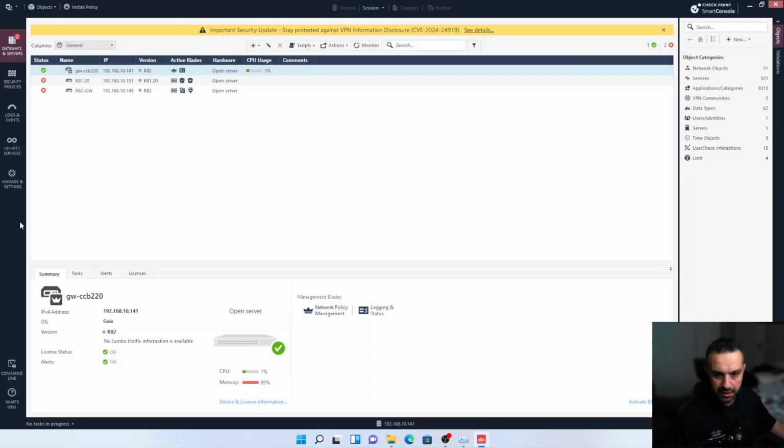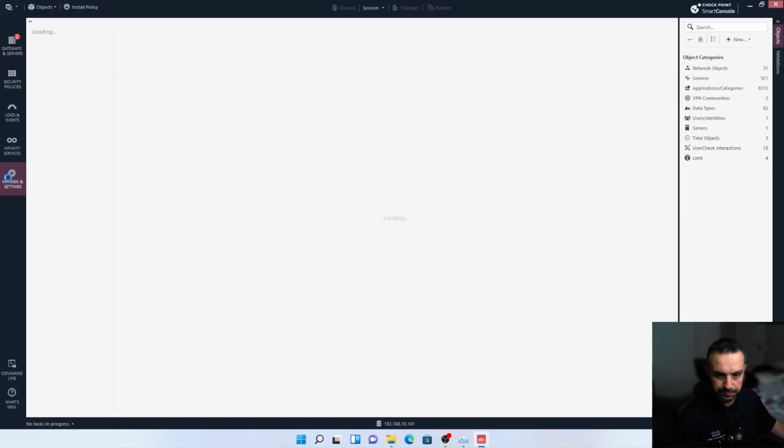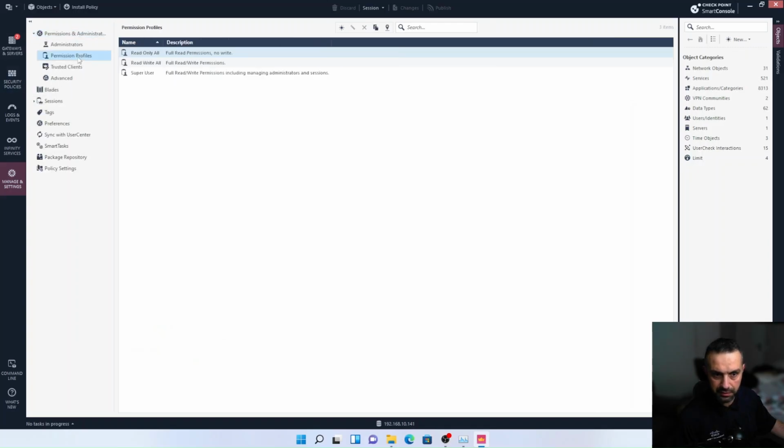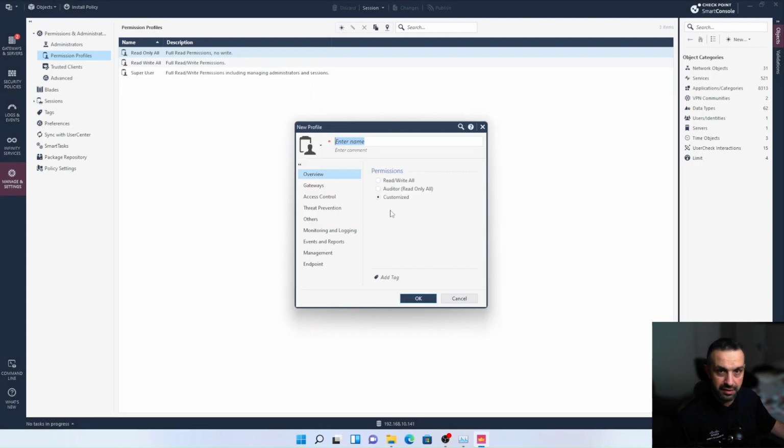So let's go back to the permission profile. If we click here, permission profiles. Here we have three default permission profiles: the super user, the read only, and read write all. Let's try to create a new one to see the difference. Let's call this Mudar profile,